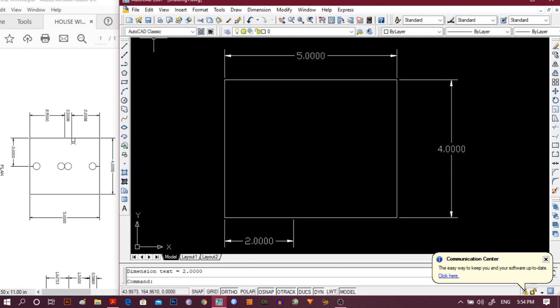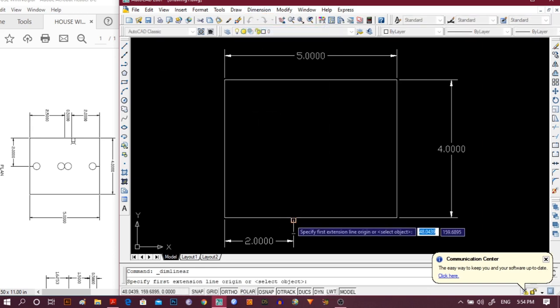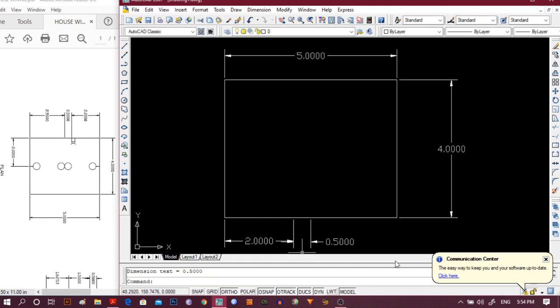Then again we have a door of 0.5 meter, so go to dimension, take linear, start from here and 0.5, enter. We get a dimension of 0.5 meter.